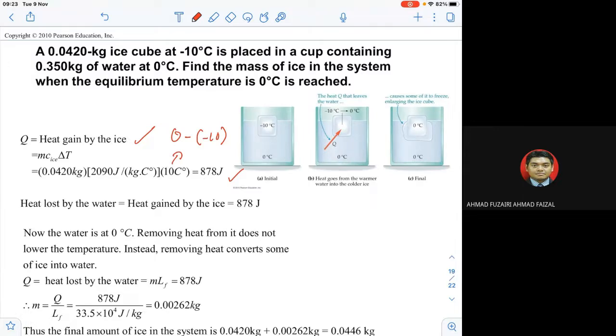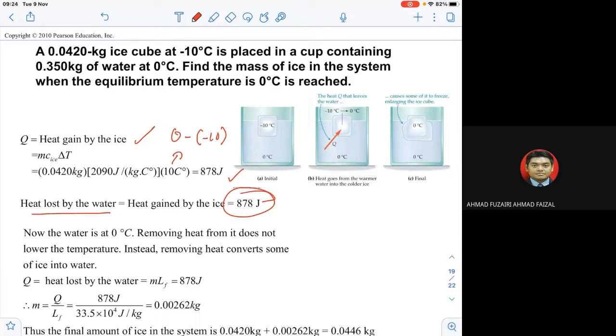So heat gained by the ice is equivalent to heat lost by the water, because that is how we assume the quantity of heat. That means heat can be transferred. It cannot be destroyed. It can be transferred to another form. That means heat gained by the ice, the ice gets heat. And actually where does that heat come from? Heat loss from the water. So it's equivalent to